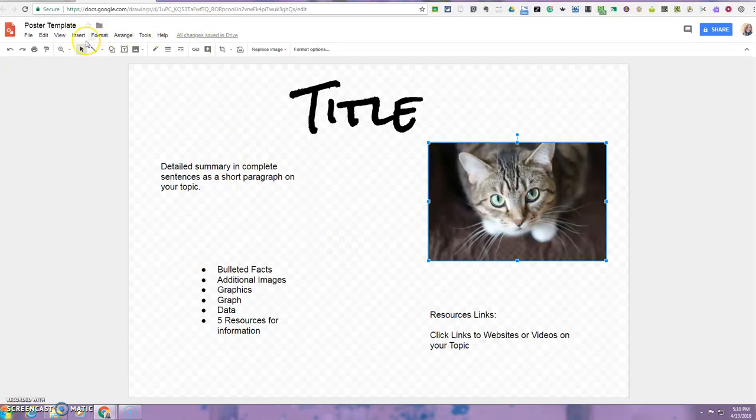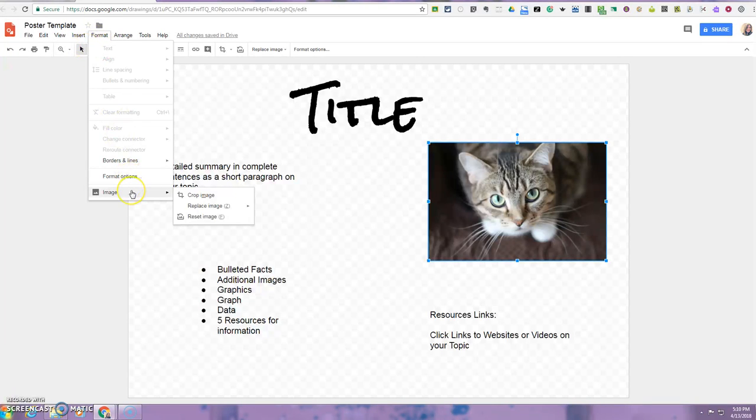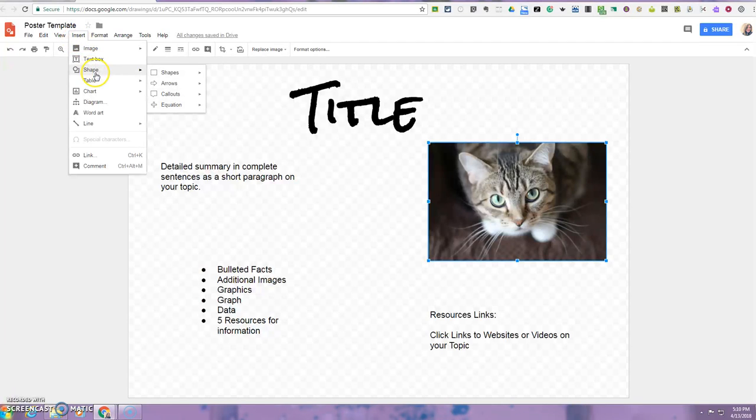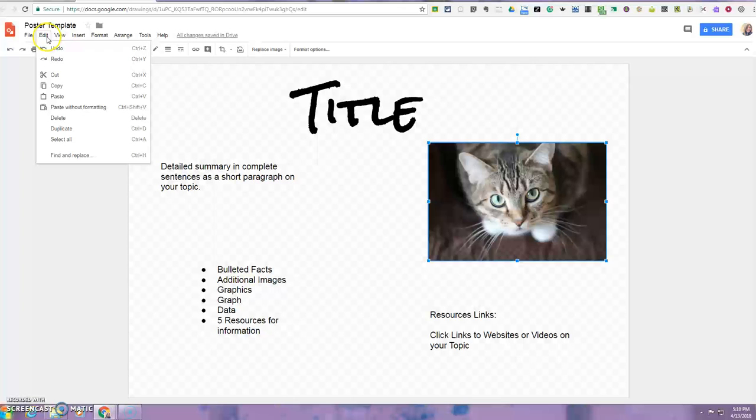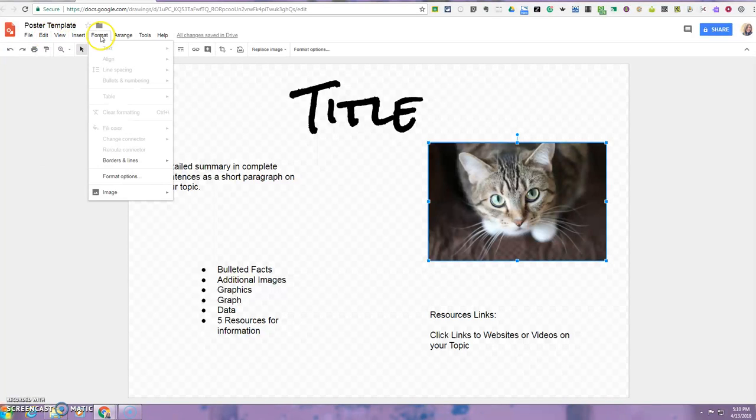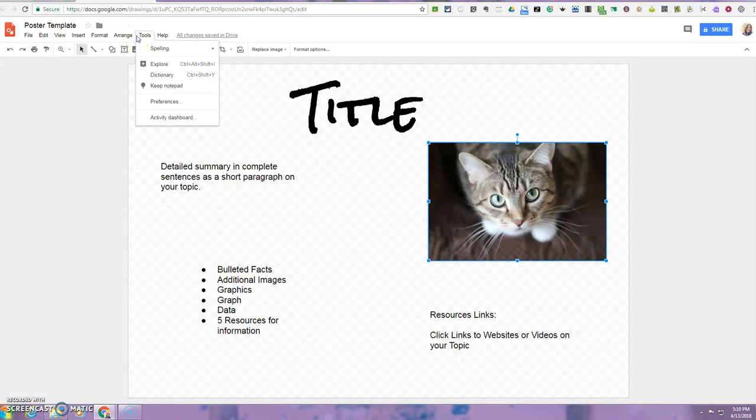Now, of course, they could get advanced and they could change the backgrounds, they could format their pages, they could change their background image, they can crop and reset, they can insert shapes, tables, charts, diagrams, word art, lines. They can make tons of different changes, and there's tons of tools,